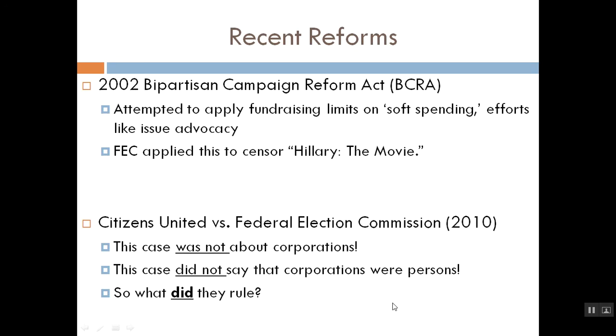The court points out that the most common type of corporation that will spend money providing information during an election is the media. Because in our country, we don't have government-controlled press. The press is controlled by private corporations. We've got news organizations that incorporate for tax purposes, and these are going to own basically all of the media outlets with which we are familiar. Fox News, CNN, CBS, MSNBC, Huffington Post, New York Times, all of these